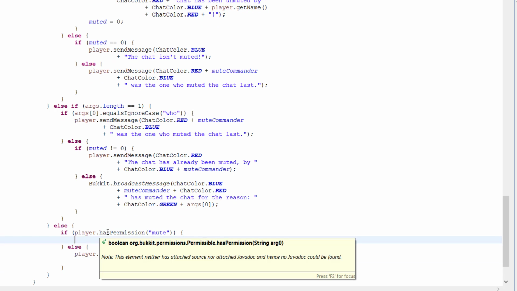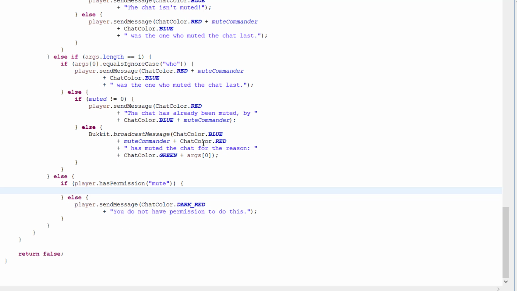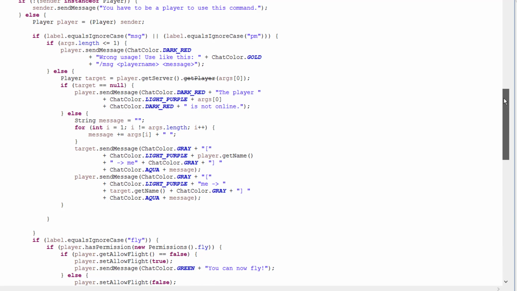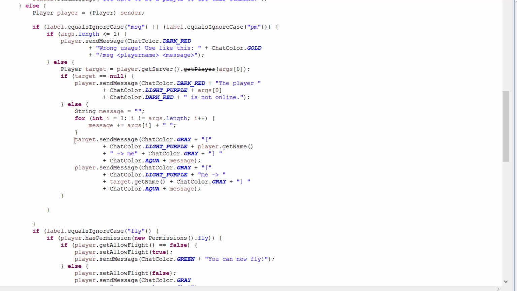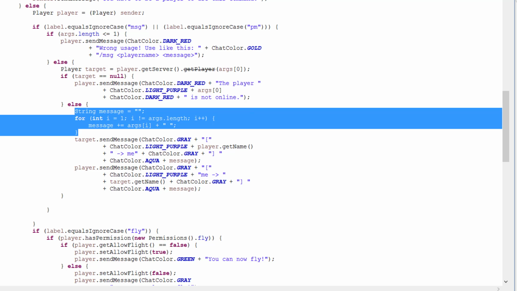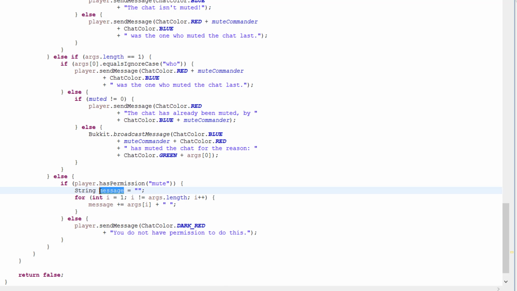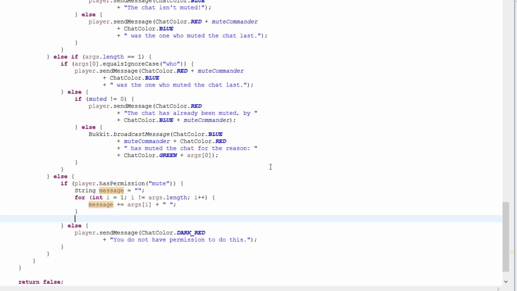But if they do have permission to use that command, what we want them to do is, let me just scroll down a little bit. We want to get down here. We want to get the message. So we can actually just copy this and paste it in here. So string message equals blah blah blah, and then